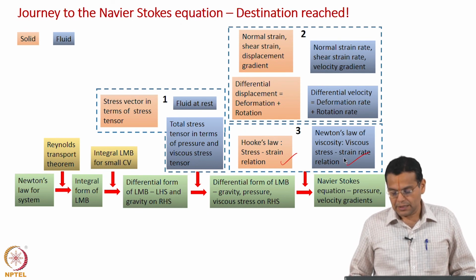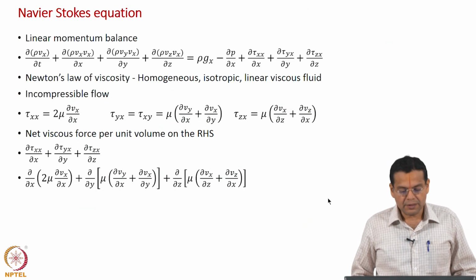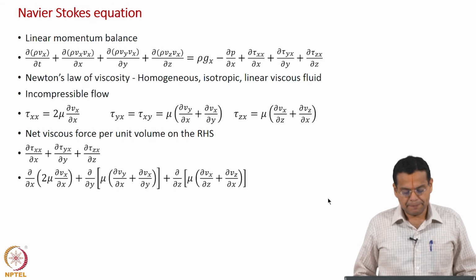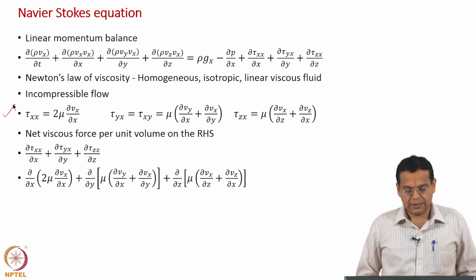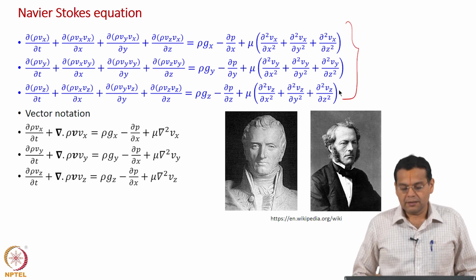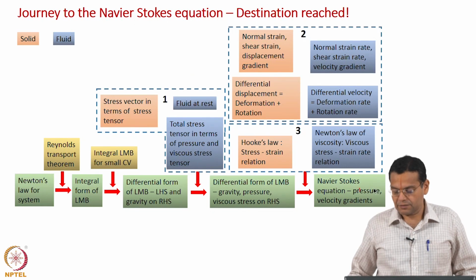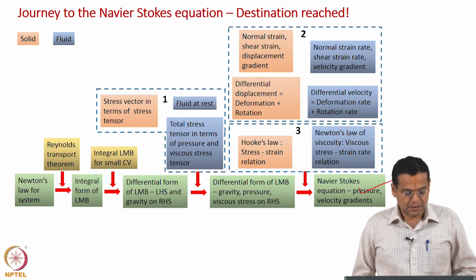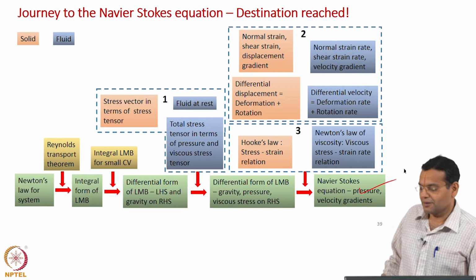So, now it is a matter of substitution of this here and obtaining here, and that is what we have discussed just now. We took the linear momentum balance equation and then substituted Newton's law of viscosity, a few more assumptions we made, and obtained the Navier-Stokes equation, okay. And that we reached the destination. Okay. It has been a long journey, and that is why it has been called the journey to the Navier-Stokes. I would also like to mention that